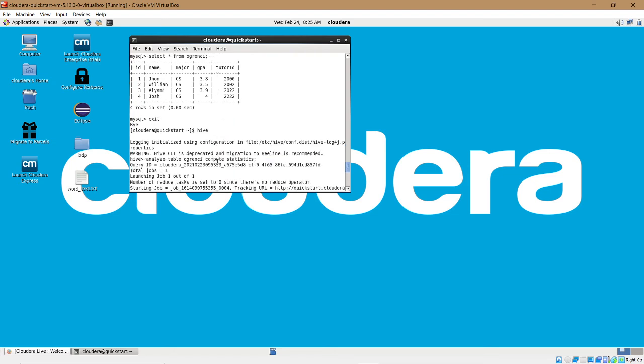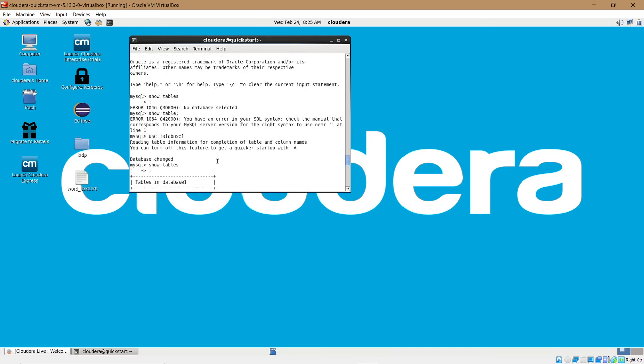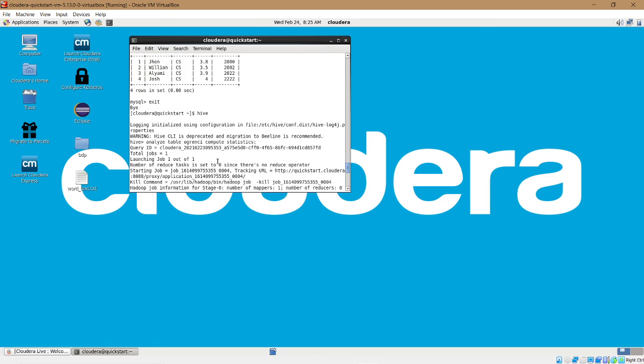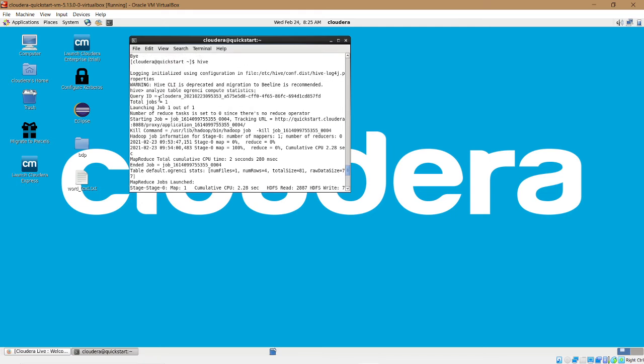The table called student is in that database, and the last task was to create Hive tables using Sqoop import, and we used Hive, as you can see here. The first query was the statistics query, which we ran in Hive. For that, we use this command, analyze table agency compute statistics, which is the statistics query, as I mentioned,